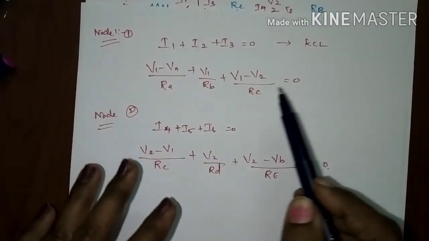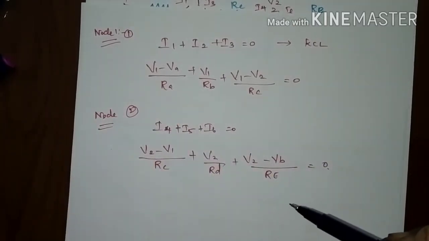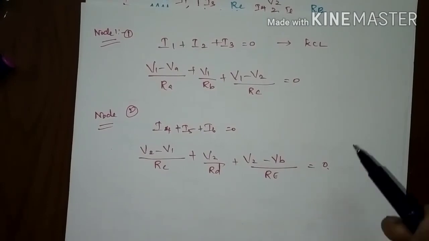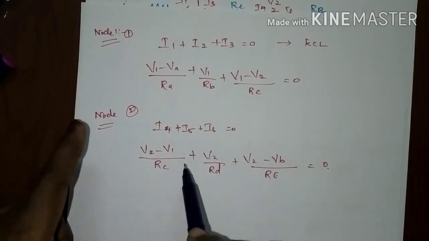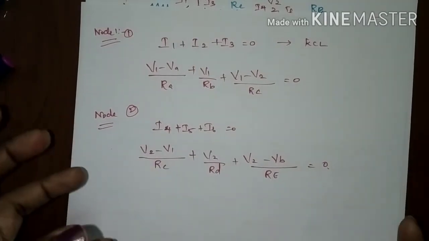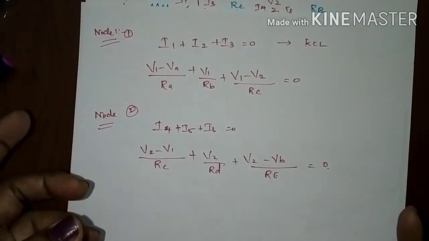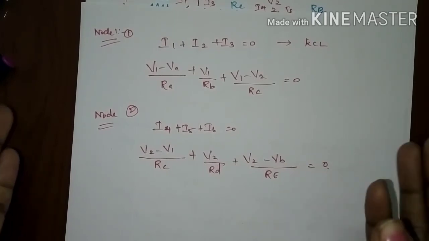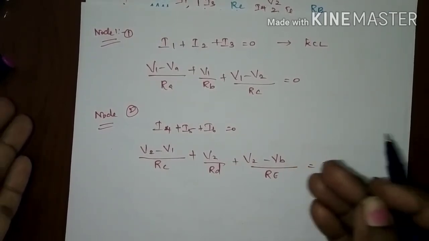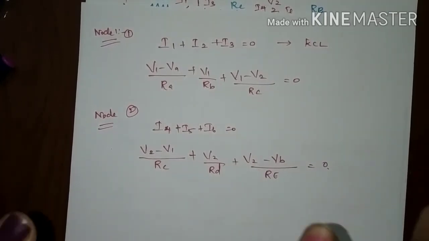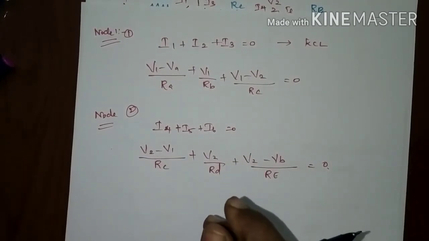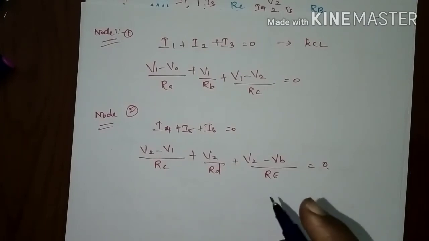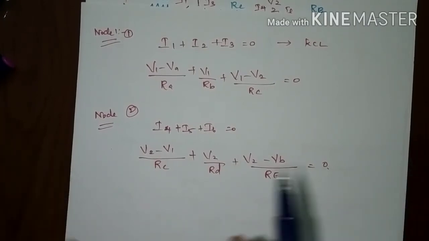Using mathematical calculation, we can get two equations with respect to V1, V2, VA and V1, V2, VB. By solving those two equations, either by matrices or determinants, or by normal cancellation methods, we can get the value of current flowing through each branch and the potential difference across each branch. Current flowing through each branch and the voltage across each branch can be found by using nodal analysis.